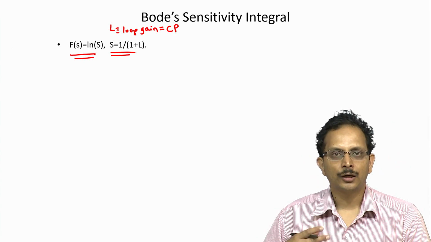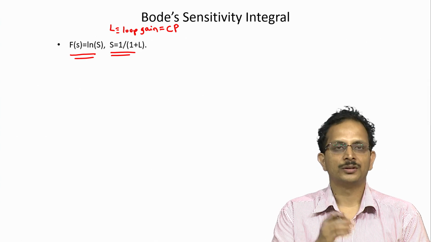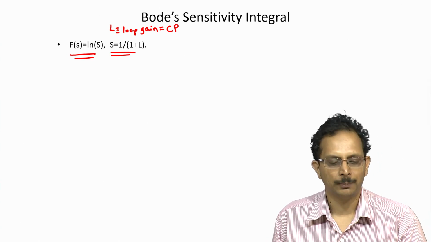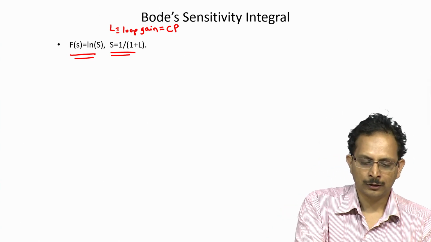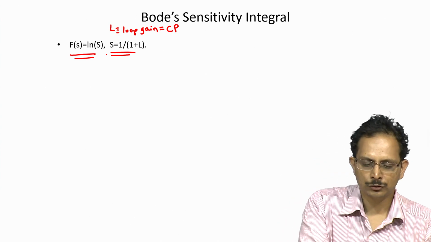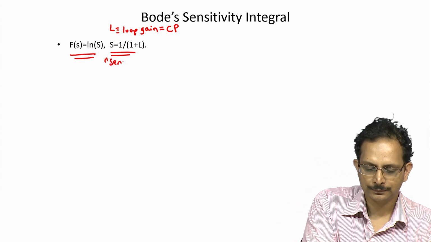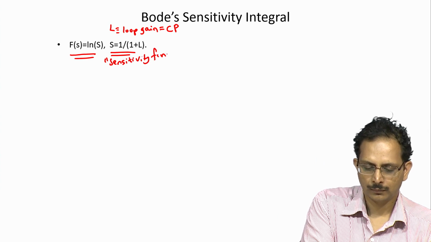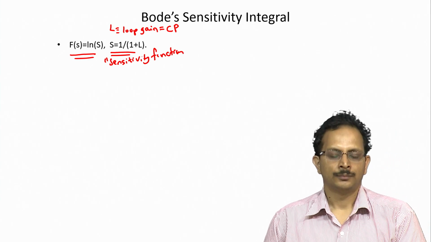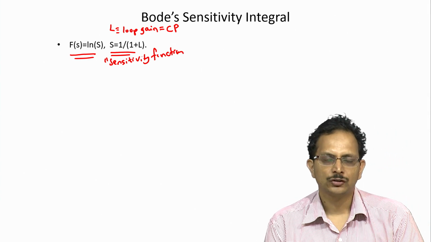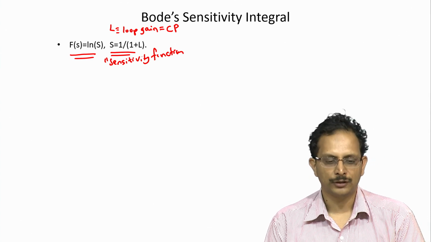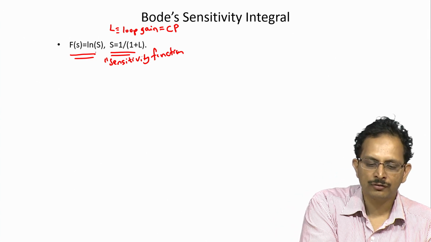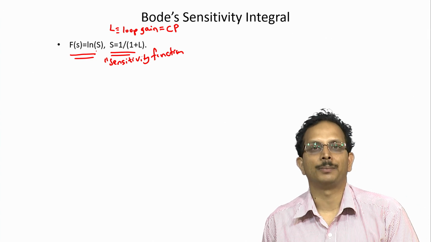So, we shall apply Cauchy's theorem to the function f(s) = ln(S), where S = 1/(1+L). If you recollect, the function S is also called the sensitivity function. So, if our loop gain L has all its poles and zeros on the left half of the complex plane, then there are no singularities in the function ln(S) in the right half of the complex plane,